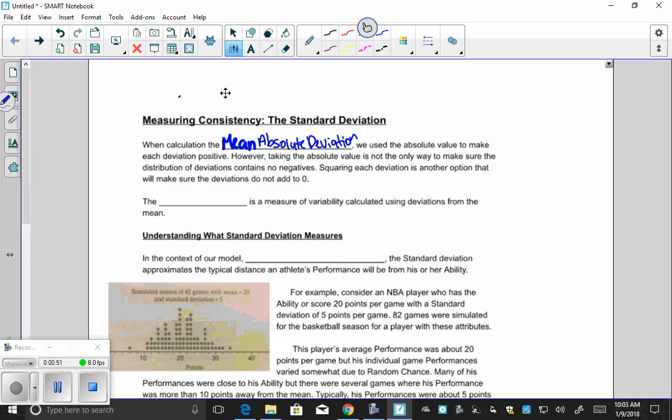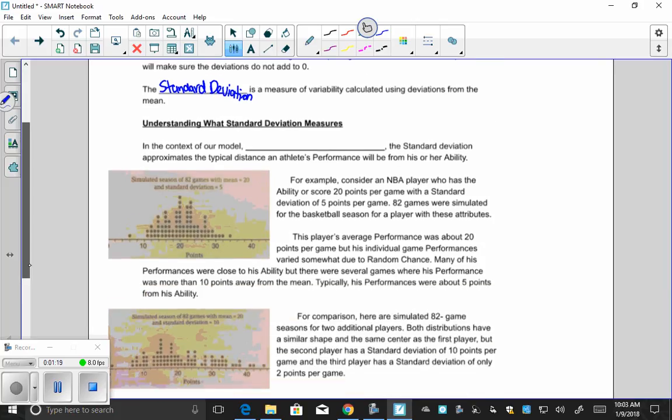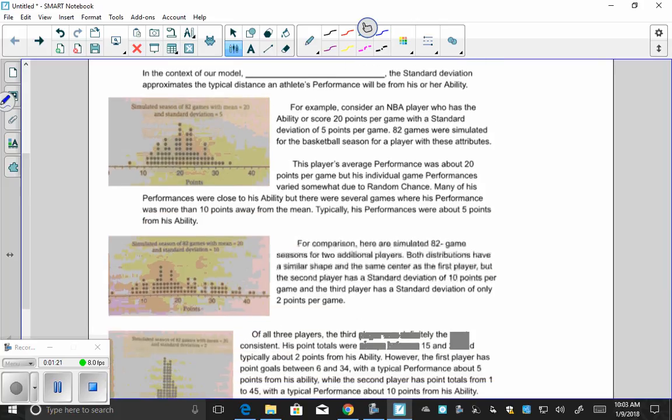The standard deviation is a measure of variability calculated using deviations from the mean. Understanding what the standard deviation measures: in the context of our model, which is the formula that we have used for everything so far, the formula being